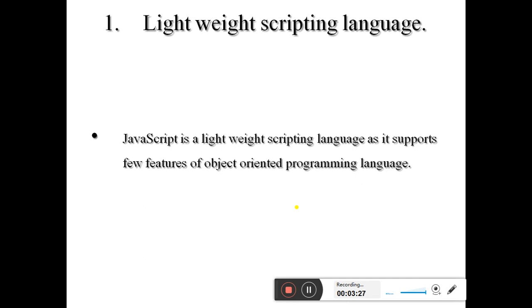So it is also called object-based programming. It is an object-based programming language. Since it supports few features of object-oriented programming, it is called a lightweight scripting language.